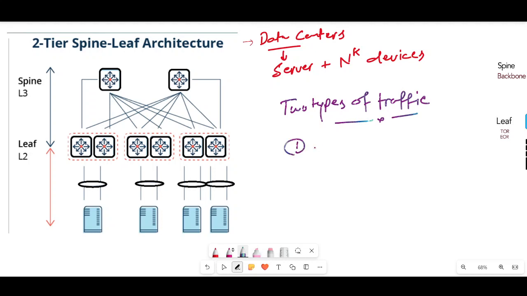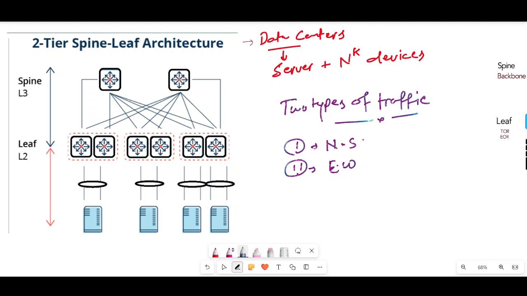The first one is traffic in the north and south direction. The second is traffic in the east and west direction. Clear? So we have two types of traffic, and in two-tier and three-tier network architecture